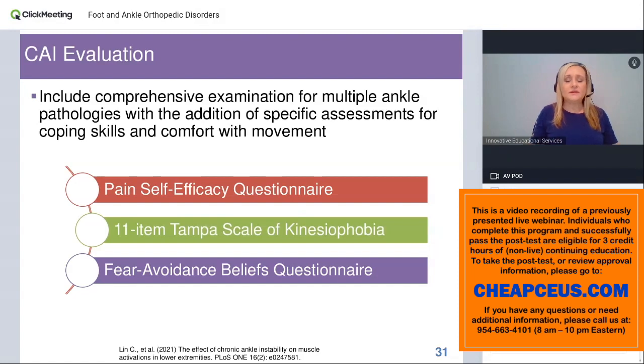So, this chronic ankle instability, when we have that individual greater than 12 months out from an ankle sprain and they still have impaired function, they still have pain in that ankle, they're reporting that they're functionally unable to perform certain activities. We're not saying that it's in their head, we're not saying it's not a real condition. What's been identified is that these individuals have low self reports of function,